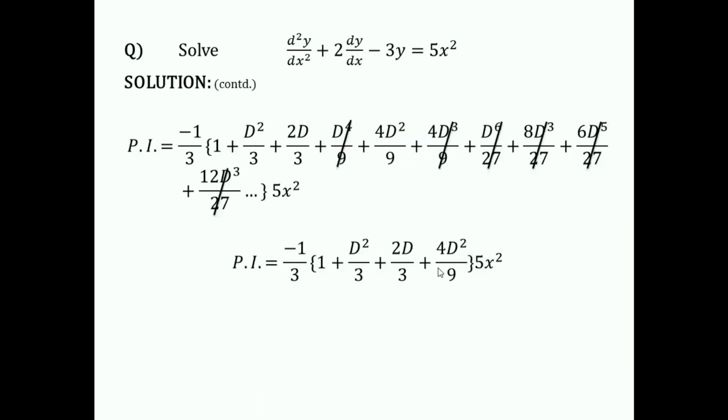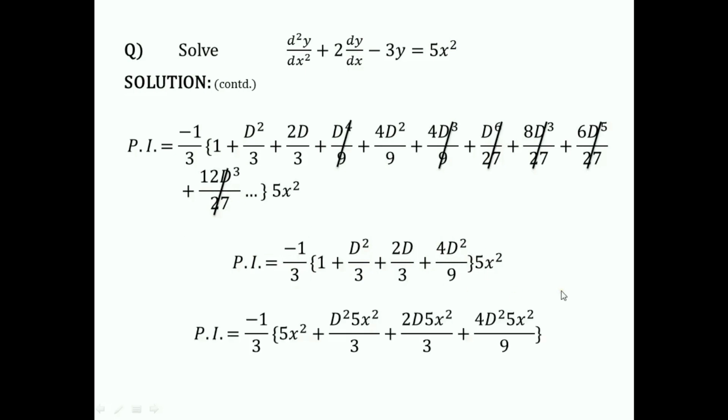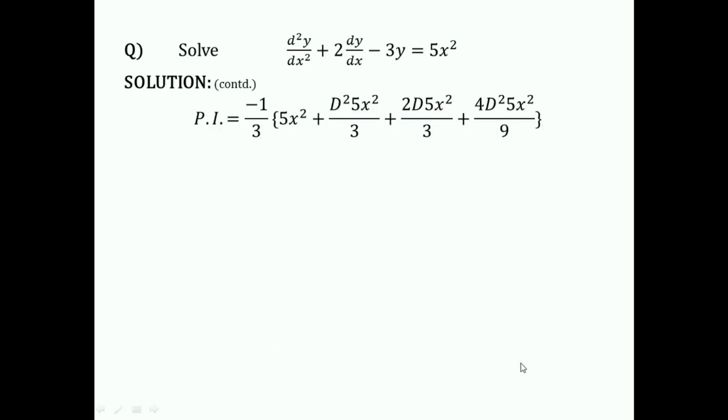So the expression remains −1/3 times [1 + D²/3 + 2D/3 + 4D²/9] times 5x². After multiplying 5x² with each term, we get 5x² plus twice the derivative of 5x² over 3, plus 2 times the derivative of 5x² over 3, plus 4 times twice the derivative of 5x² over 9. After taking the derivatives,